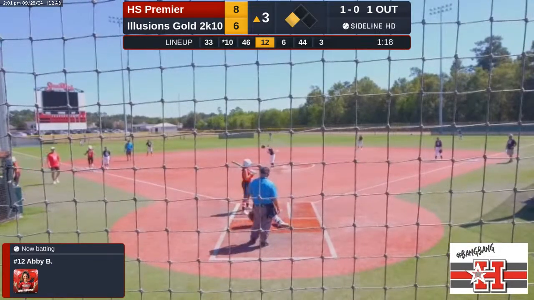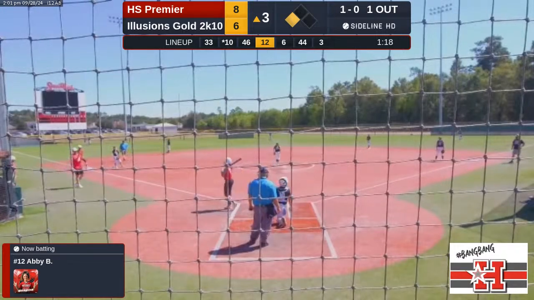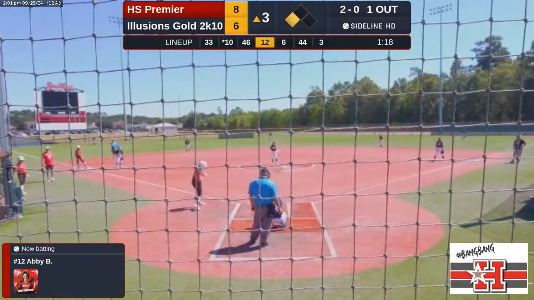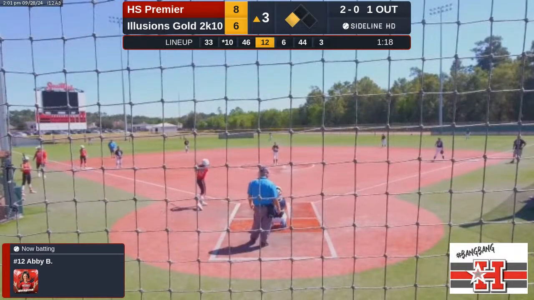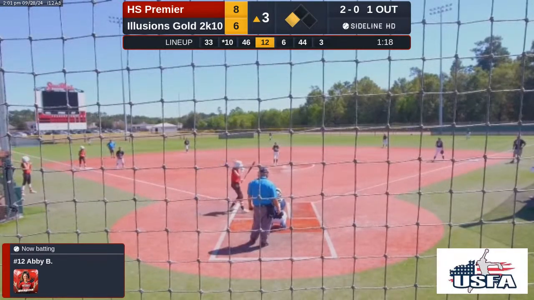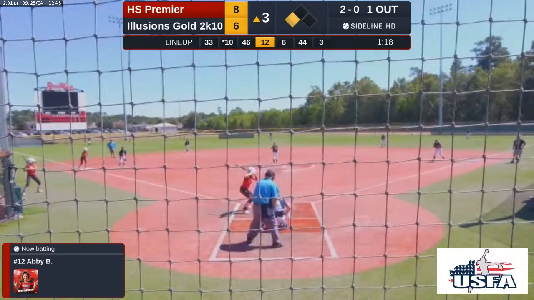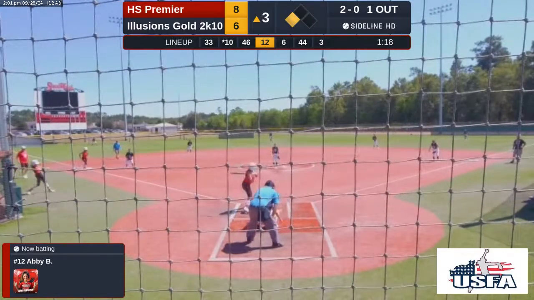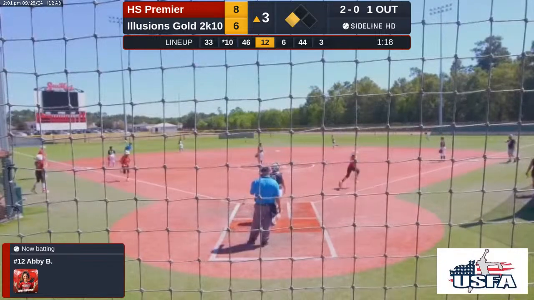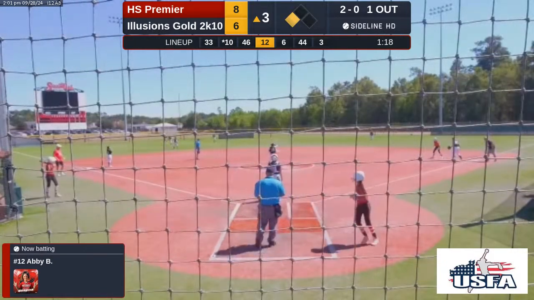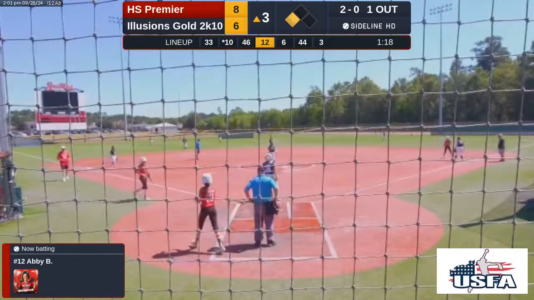Ball away. Up, and Abby hits this one hard into left field. And that's another run for the Hotshots as Abby singles into left field, and it's a 9-6 ball game.